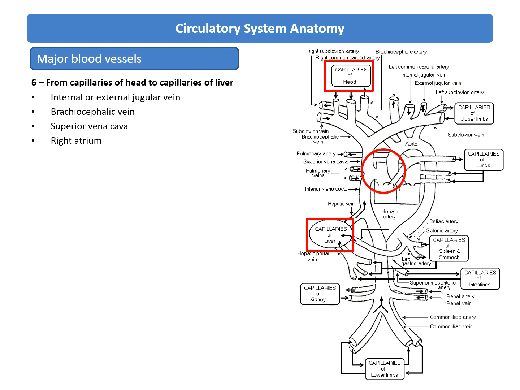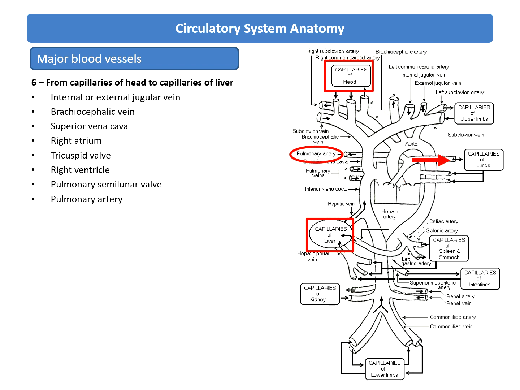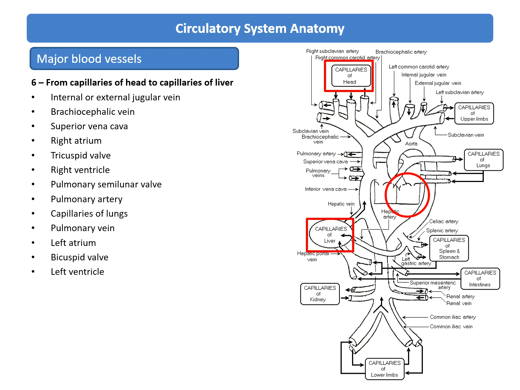The blood would enter the right atrium, pass through the tricuspid valve, into the right ventricle, and through the pulmonary semilunar valve. From there, it passes through the pulmonary artery, into the capillaries of the lung, and back through the pulmonary vein to the left atrium. The blood then passes through the bicuspid valve into the left ventricle, through the aortic semilunar valve into the aorta,